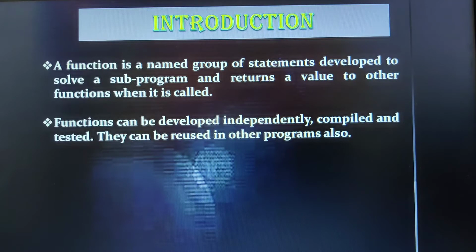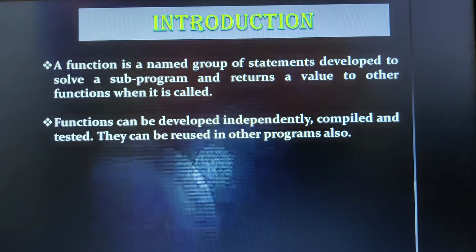When it encountered the function known as sum, the control would jump right from the main program to the location where the subprogram sum was written. After that, the sum procedure was executed, and once it executed, it would return its value to the main function. That is how the function actually works.